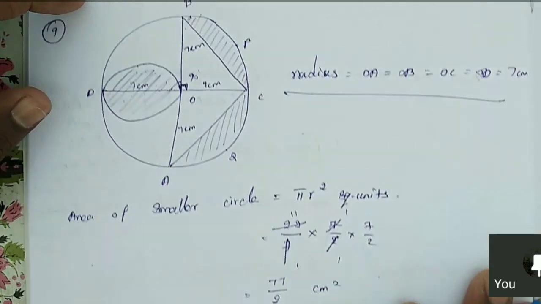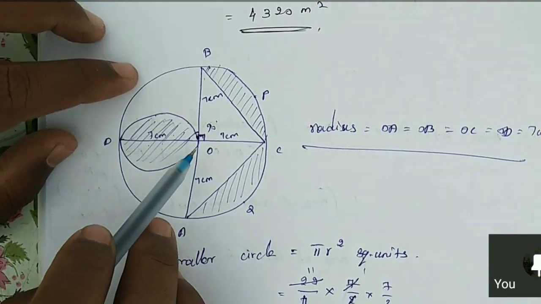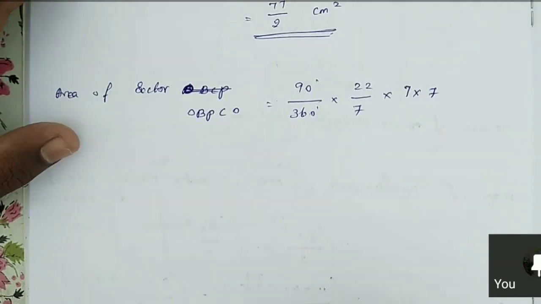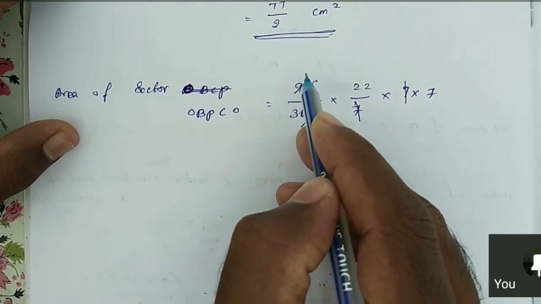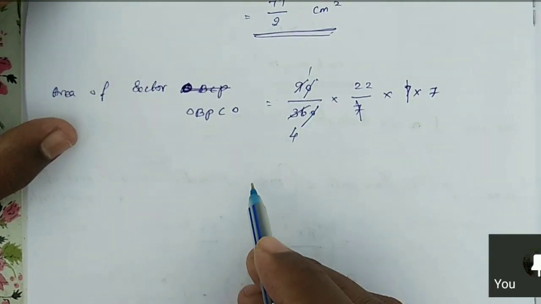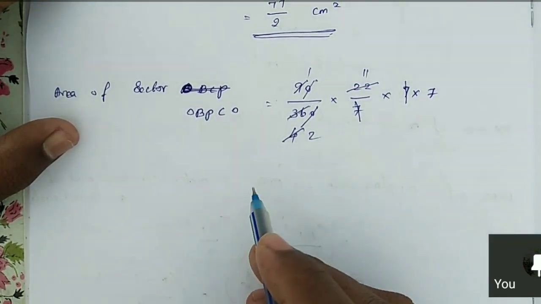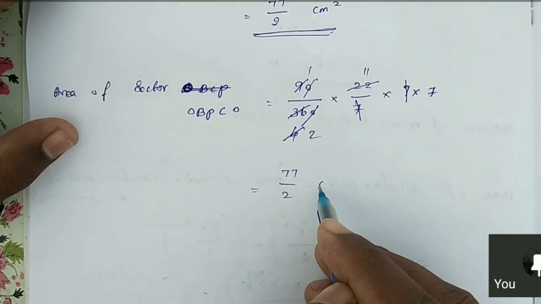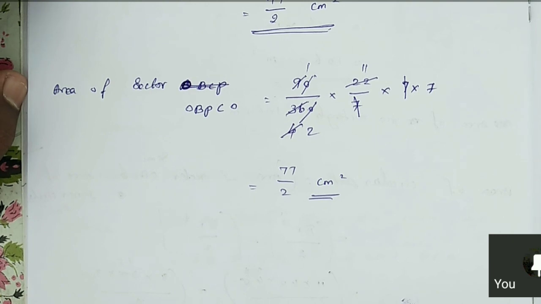Okay, sir. We are finding the area for the larger circle. The inner circle is completed. Now we can enter the larger circle. The larger circle radius is 7 centimeter. So now we can cancel the 7, 7. Then 0, 0. Then 1 9s are 9, 4 9s are 36, again we can cancel it. So what is the answer? 77 by 2. Here also we get the same answer. Clear? 77 by 2. Clear?